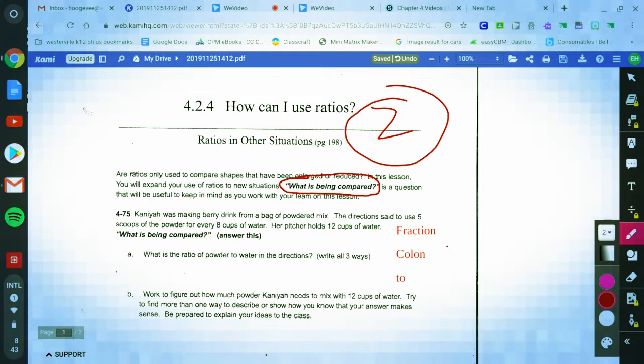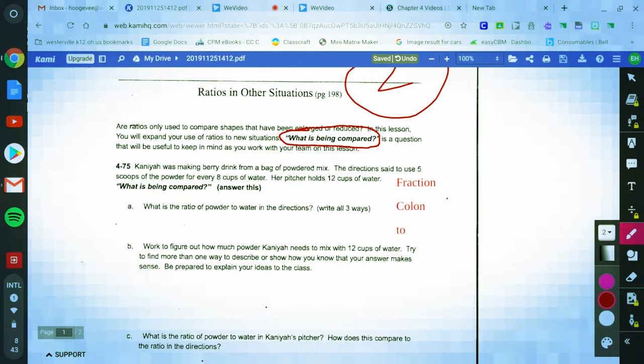So 475 says Kanai is making a berry drink from a bag of powdered mix. The directions said to use 5 scoops of powder for every 8 cups of water. Her pitcher holds 12 cups of water, though. So this is a different part of the question that will come down right here. So right now, for A, you need to tell me what is the ratio of powder to water, all right,